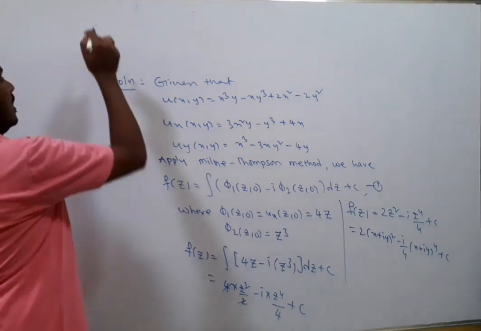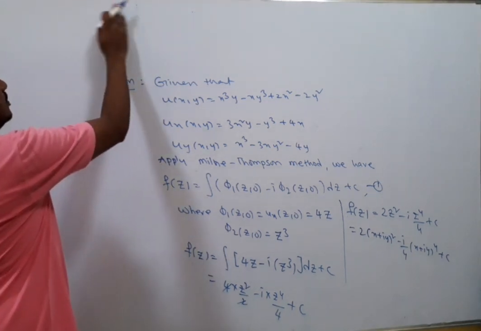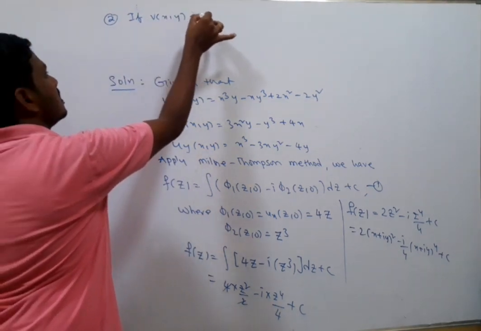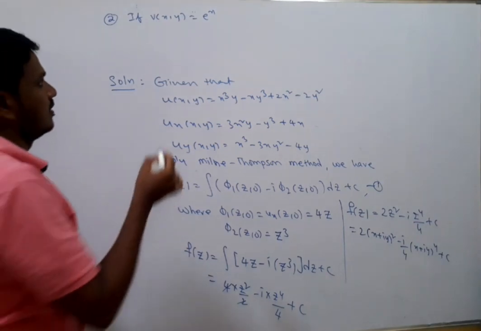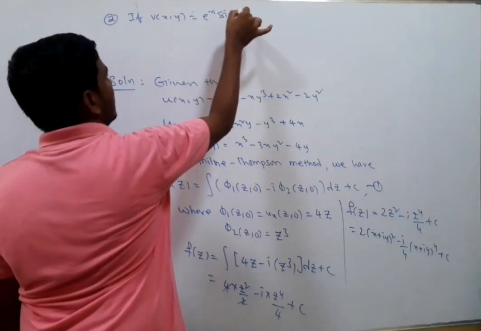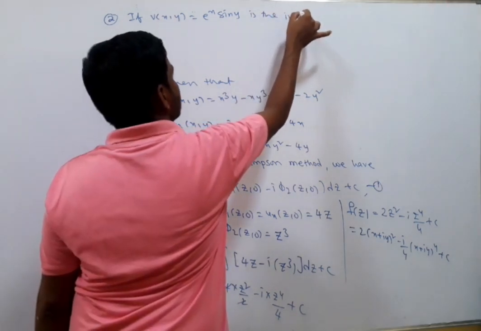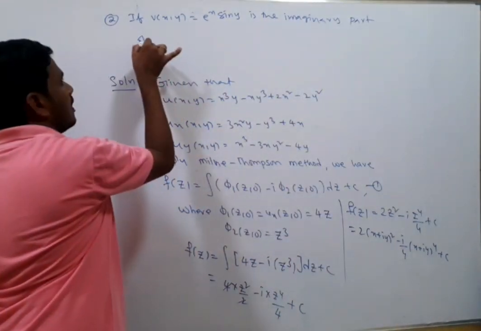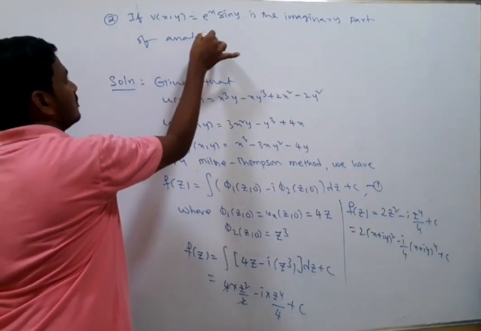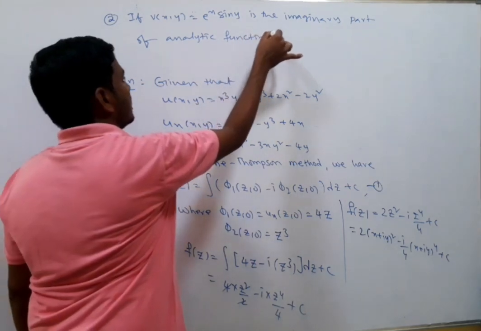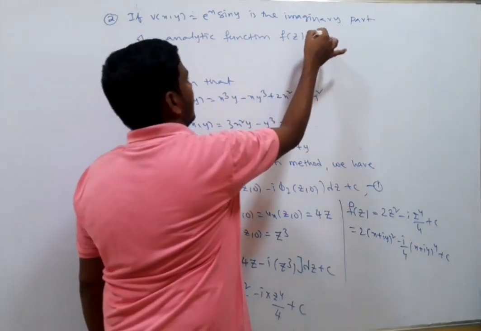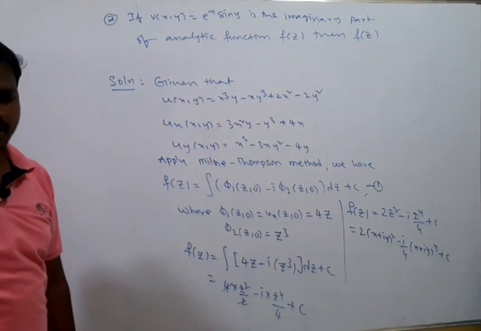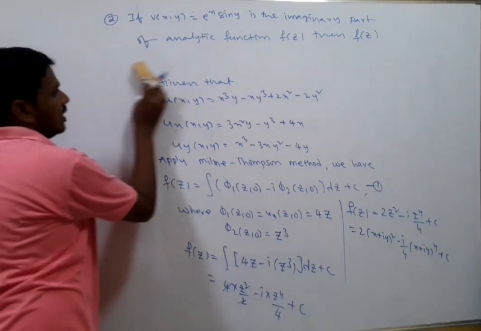This last class problem I am taking, that is the third problem or second problem. If v of x comma y is equal to e to the power of x sin y, and sin y is the imaginary part of analytic function f of z, then find the corresponding analytic function f of z, right? Given that